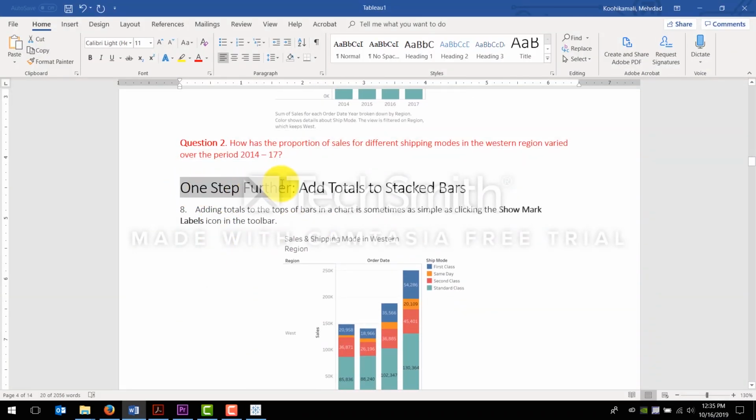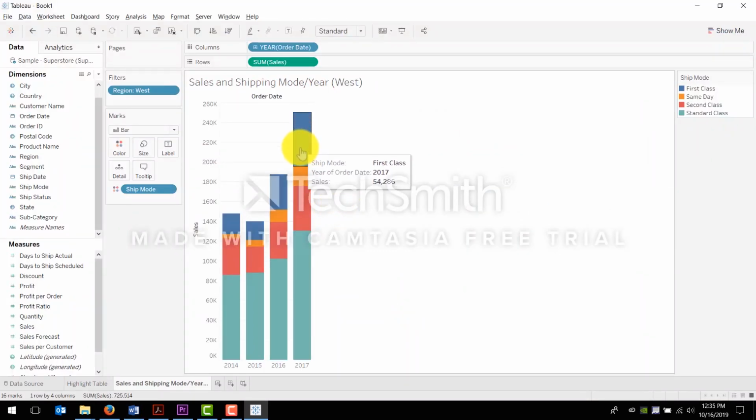Part 2 continues, and it's better to have the labels show on the bar chart. Otherwise, it's hard to compare some of them together, or very close values. So you can easily bring the show mark label. It just brings the labels onto every segment of that bar chart. So you don't need to do a lot of things. You just need to check the mark labels, show, and show anytime you want, and it's going to display the